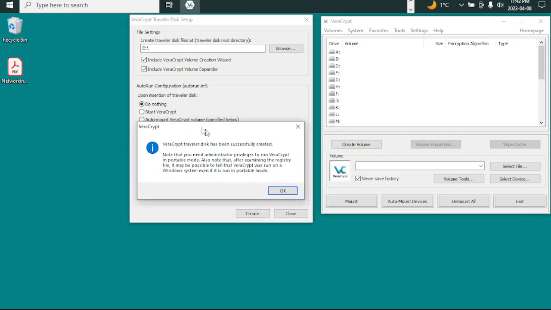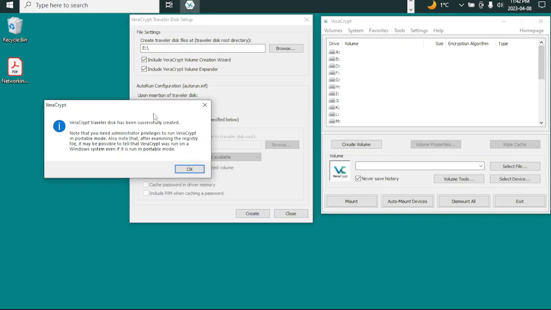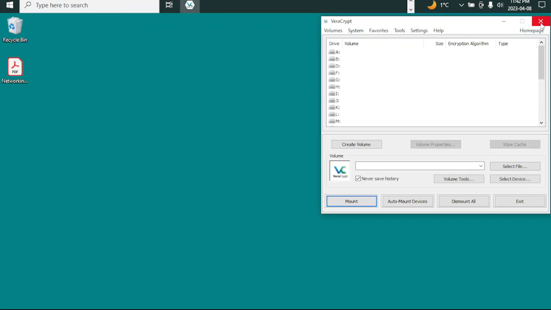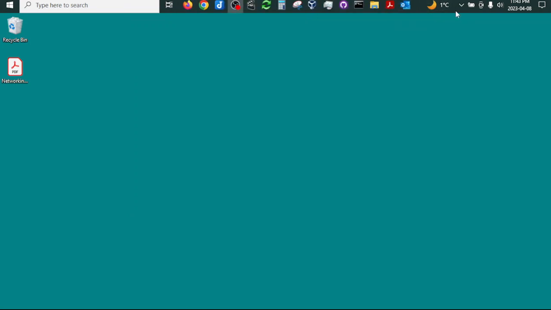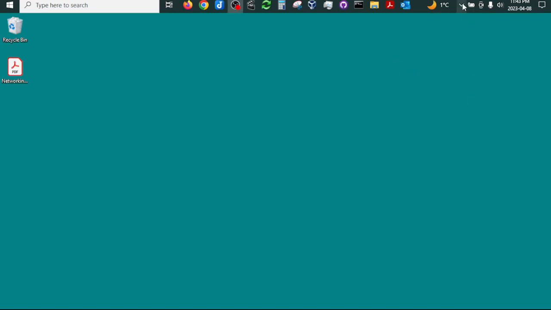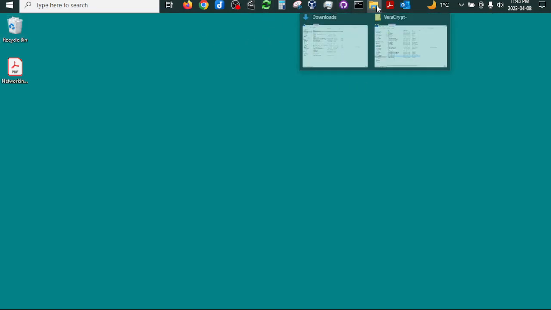And as a matter of fact, the Veracrypt Traveler Disk has been successfully created. Here it is. And basically, it's nothing else than this. Let me just stop the Veracrypt. When you open it, you always need to stop it from here, because it is still open. So if I go and check now